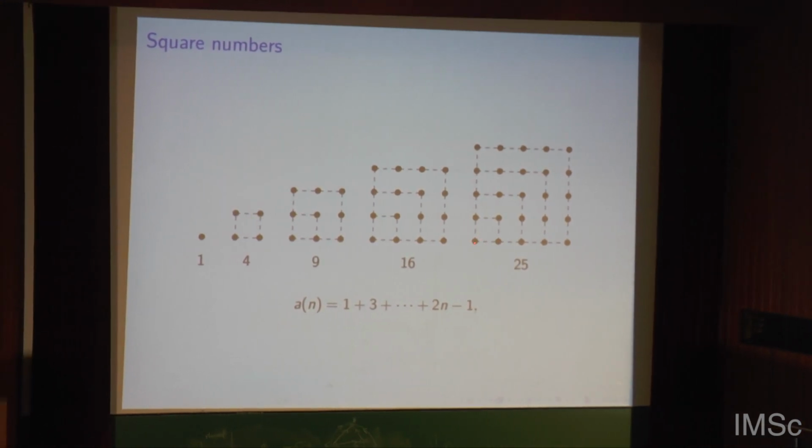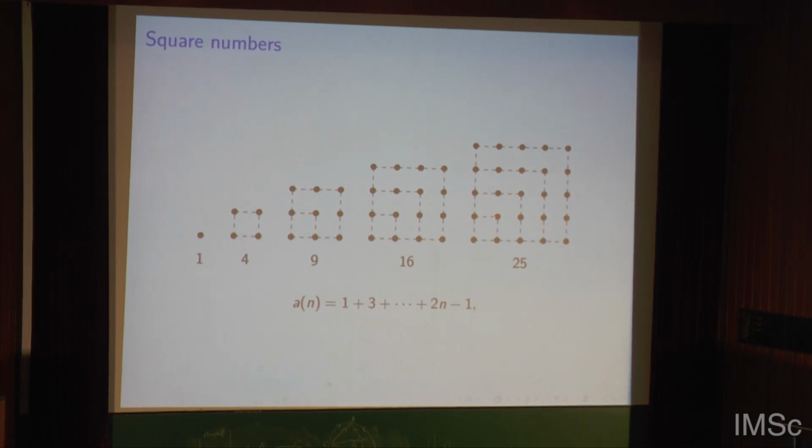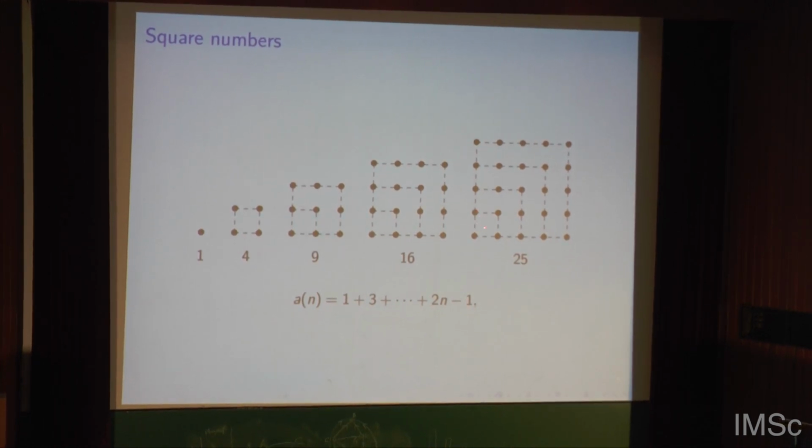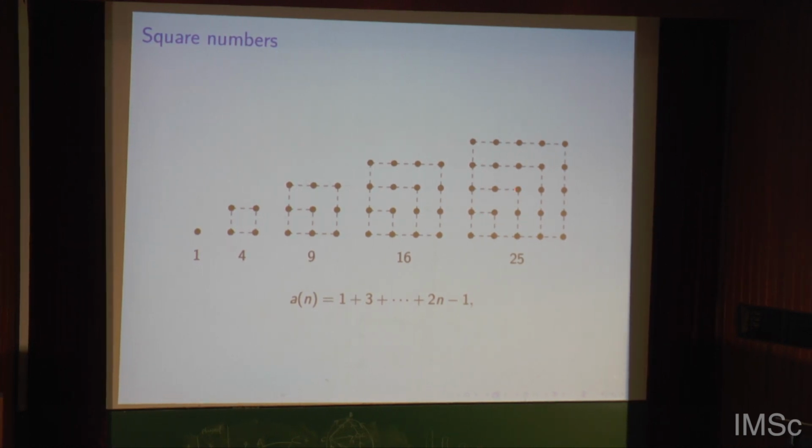So the first line just gives a 1. The next line gives 3. Why? Well, that you need to think about. Clearly in this picture it gives 3, and the next one gives 5, the next one gives 7, and the next one gives 9. So what's happening here is that I'm adding one new point along this row and one new point along this column each time. So totally I'm adding 2 new points along each of these L-shaped